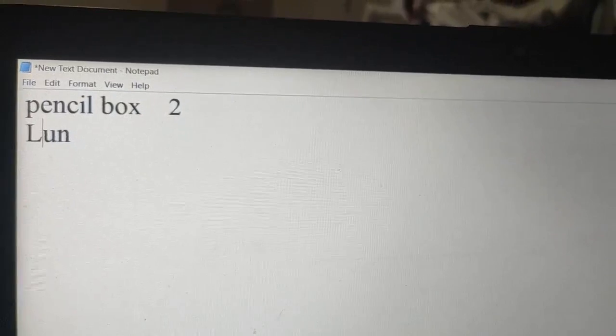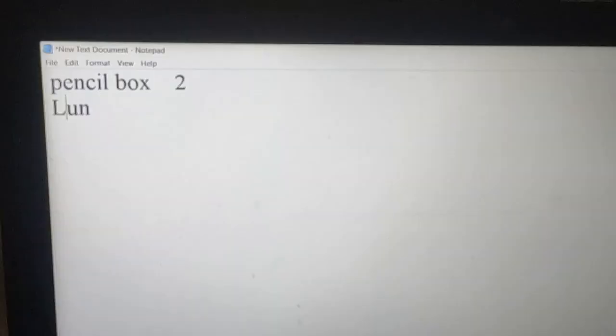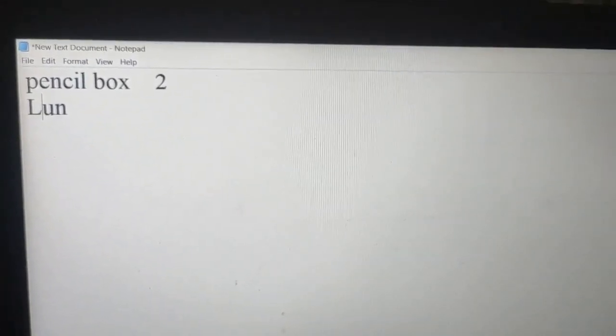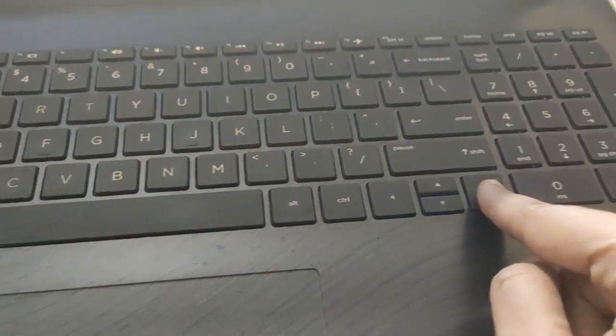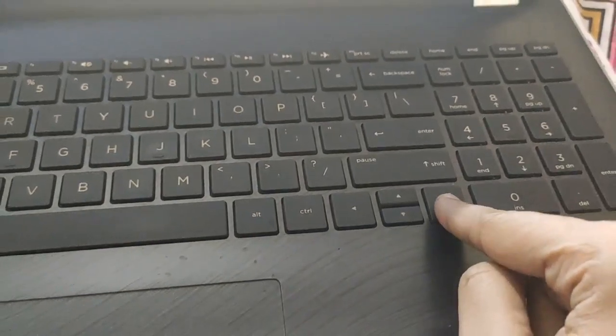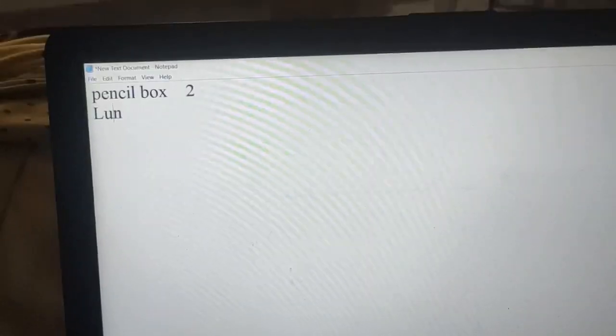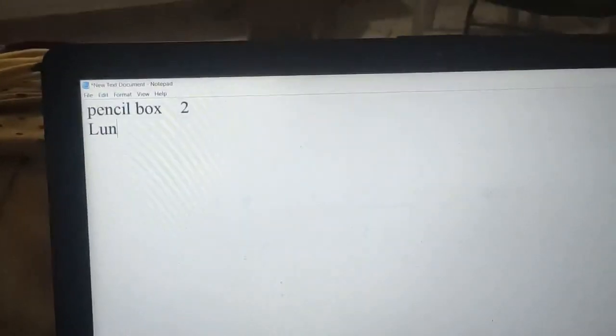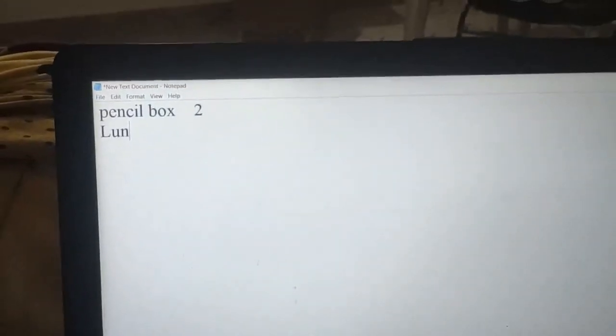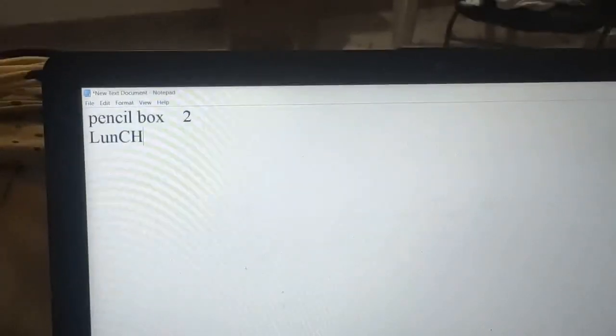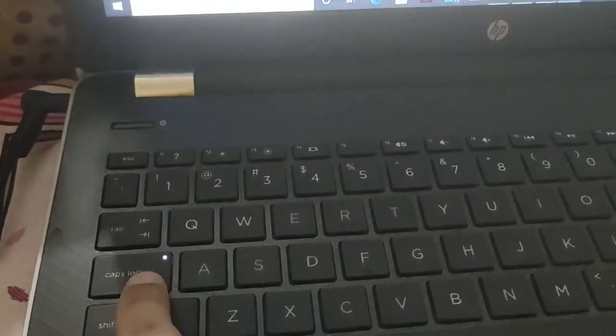Okay, dear children. Now I want to write the rest. So for that, I need to again use these arrow keys. To write the remaining spelling of lunchbox, I need to go to the next position. So I will use the right arrow key once. Look over here at the cursor position. Is it blinking after U? Yes. One more time I am pressing. See, is it there after N? Now you may type the next letters, that is LUNCH. Now see, it is appearing in capitals. Why? Because I forgot to turn off caps lock.